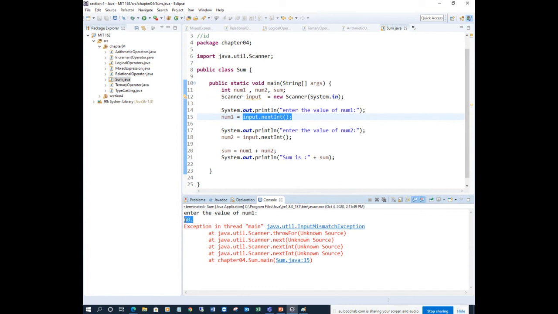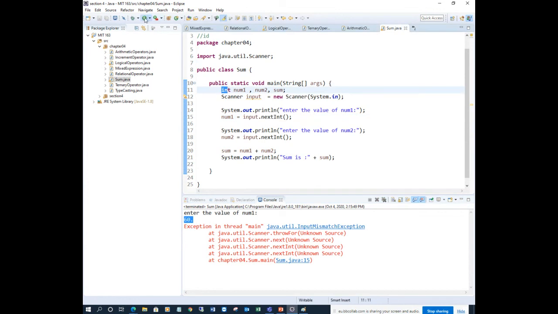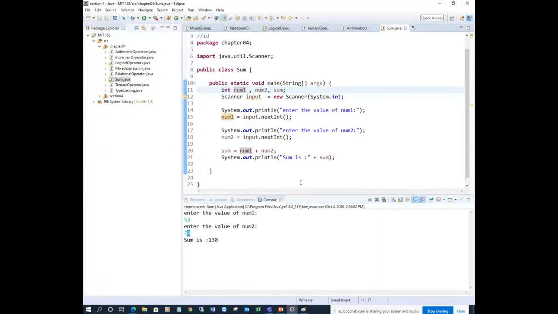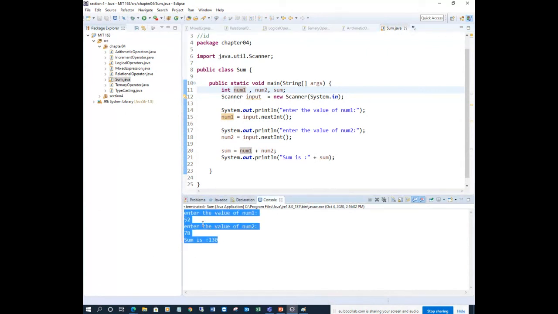Because a dot means decimal, you should give the exact data type here. Run the program again. I can say 52, I can say 78. Hit enter. I keep changing the values of number 1 and number 2 without changing the program. If I changed it in the program, I would have to change the value again. It is very hard to change the value inside the program, so I'm changing it outside. Once you write it, you can accept any value of the same type. I hope everyone understands.